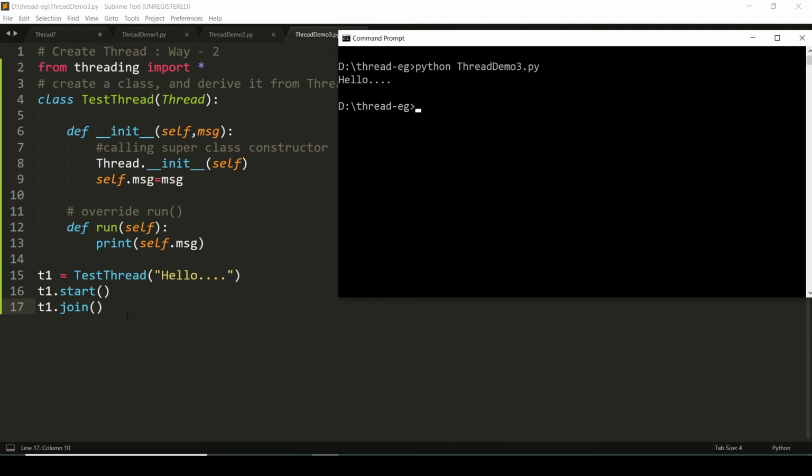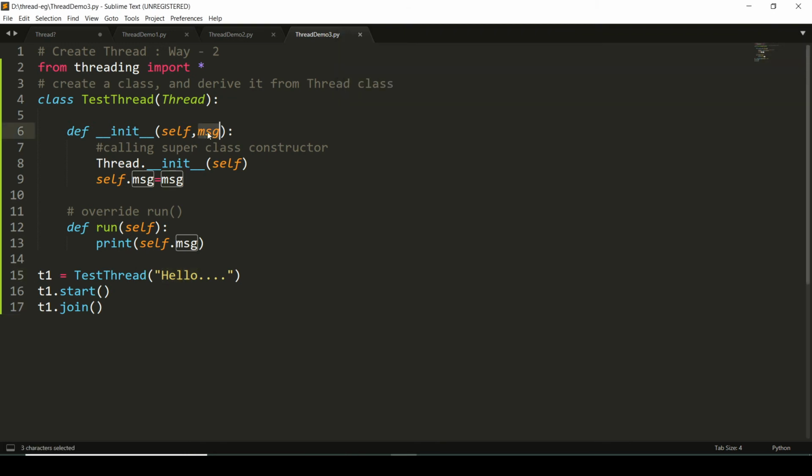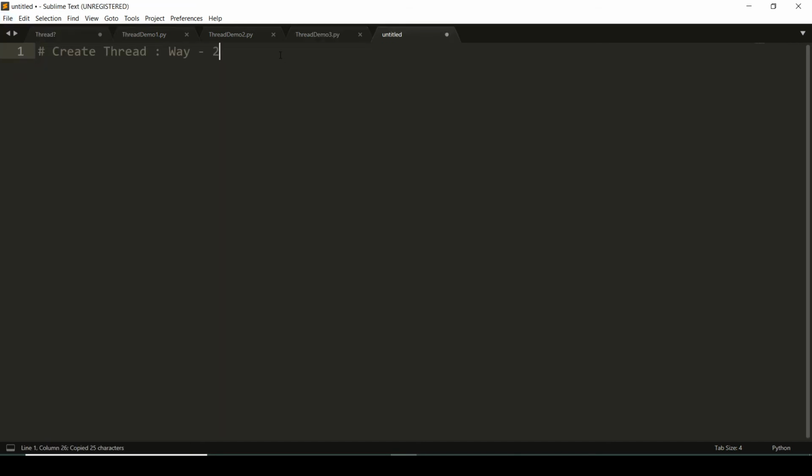You can see that the thread is assigned the message hello in the msg variable and the instance variable has been initialized. Then whenever I'm calling the start method, start has invoked run and the message gets displayed.